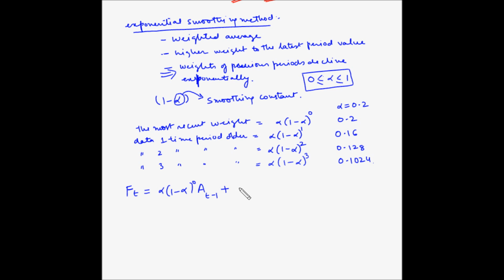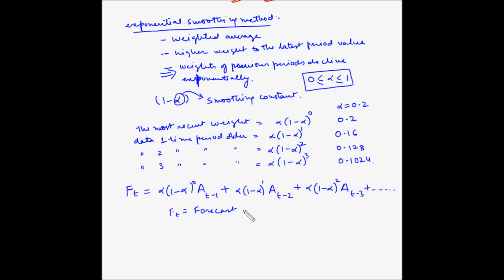now we have to multiply this weight by 1 minus alpha. So alpha multiplied by (1 minus alpha) to the power 1, and this multiplied by the actuals for t minus 2, plus alpha multiplied by (1 minus alpha) to the power 2 multiplied by the actuals of t minus 3, and so on. So here ft is equal to the